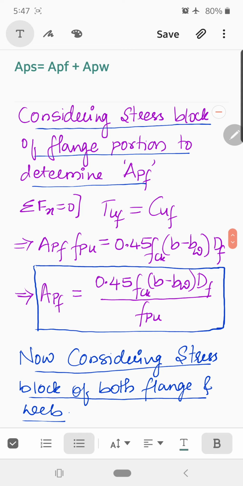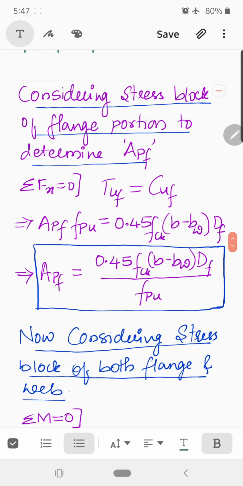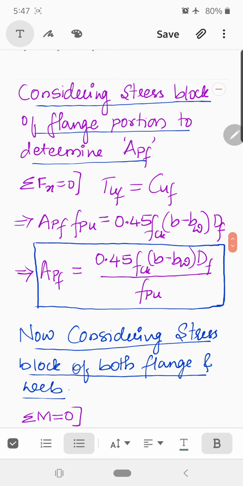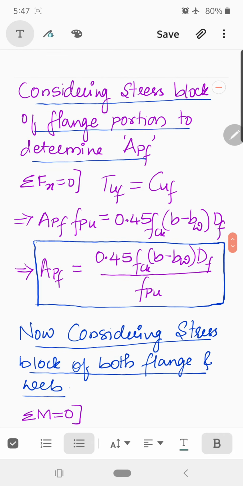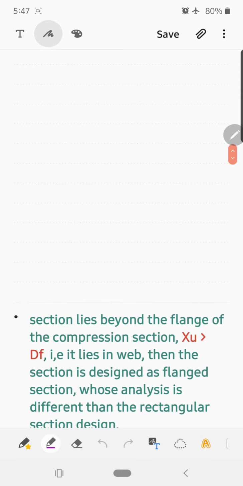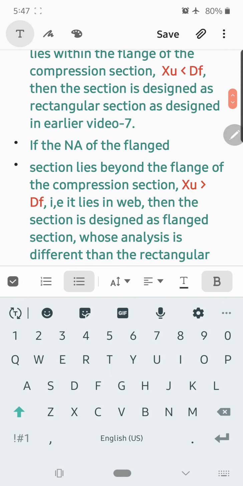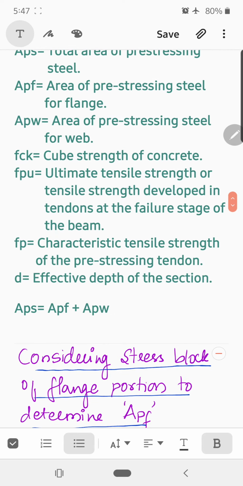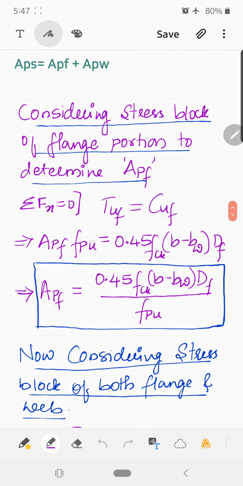So total tensile force for the flange is APF into FPU, and total compressive force for the flange is 0.45 FCK (B minus BW) into DF. With that, the equation for